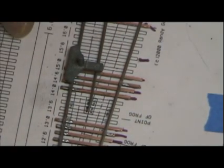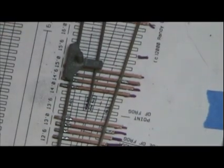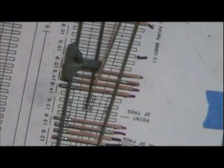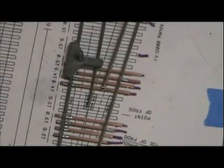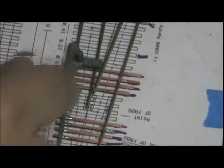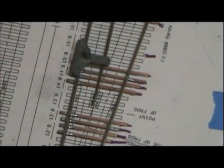Alright, well, we got the first rail filed. Now I'm going to go ahead and file the point for the diverging rail right here. And again, same thing, going to take a little bit of the base off, and file an angle opposite of this one on this side. File this angle so it lies flat against here, more or less. And I'm saying more or less for a reason,